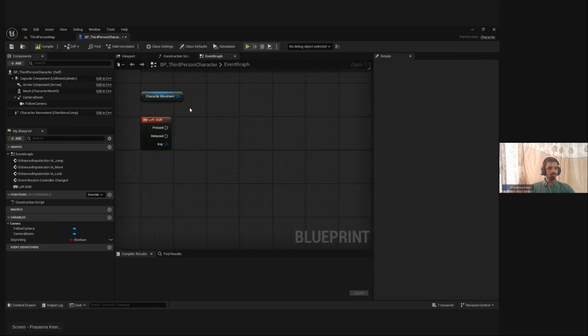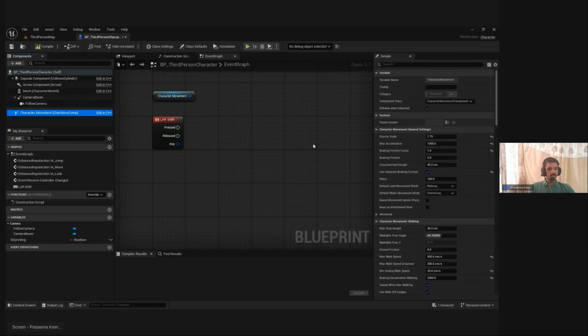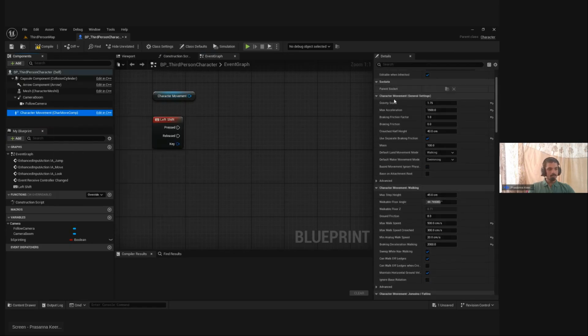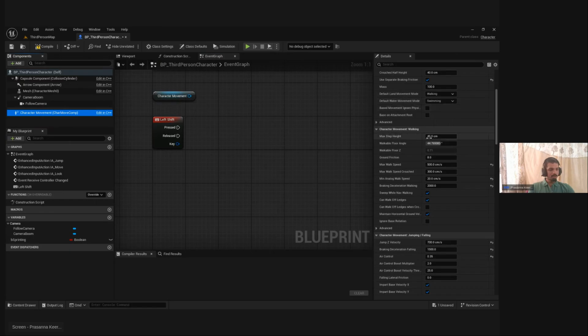I got this blue stuff. Then what is this? I need to alter my speed, right? So just drag and drop those and alter the speed. The character is already sprinting, which means Unreal already gives you the walking capability. As you can click here and see, we have different kinds of options. Here I can see the character's maximum walk speed, so if I alter this, will the speed be managed? Let's make it half, like 250.